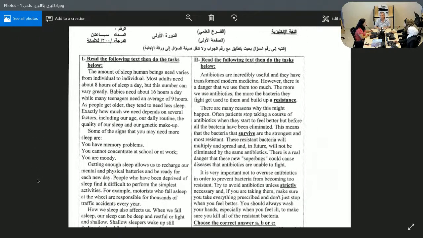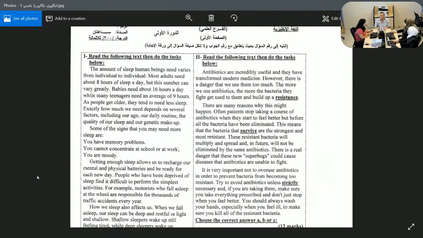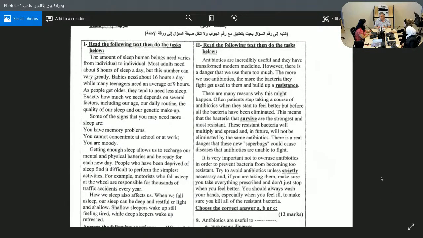You have to rewrite the sentences, correcting the mistakes. Yes, correcting not only the mistake, you need to rewrite a full sentence with the correction. The second text is from the scientific book. I'm going to talk about the first part, a text, 3 questions about the text.